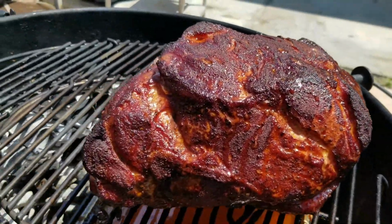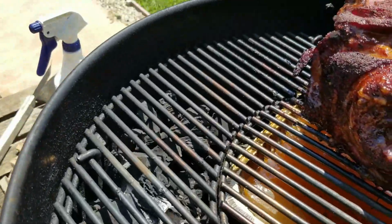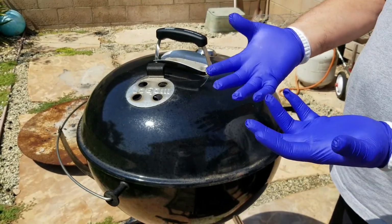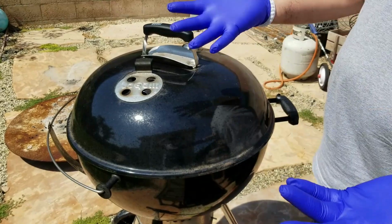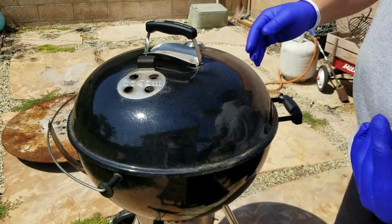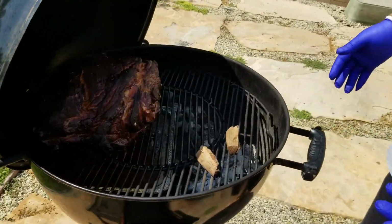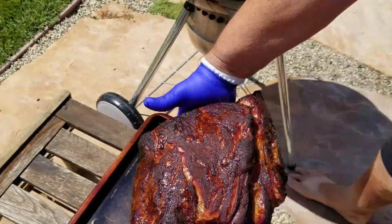Nice color. Gonna spritz it with a little bit of water, and the snake method is working out pretty darn good. So another pro tip, I'm going to be picking up that pork butt with my hands, and rather than just using nitrile gloves, which obviously keep your hands clean but will burn your hands, just put on a pair of cotton gloves underneath. It gives you some thermal insulation and allows you to pick up the butt. So here we go. We're going to take this pork butt in and wrap it